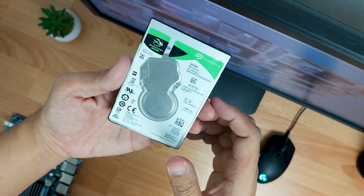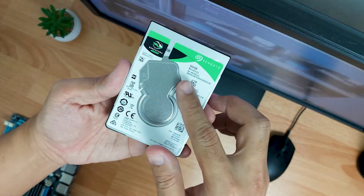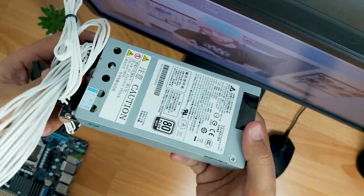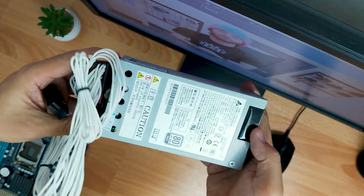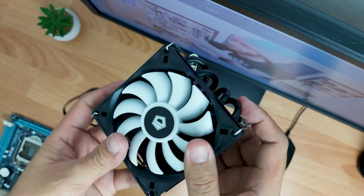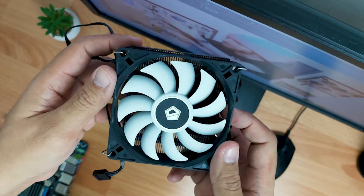For storage, I have a 2.5-inch 500GB Seagate Barracuda hard disk, but given a choice, I would definitely go for an SSD instead. For power supply and CPU cooler, it's definitely an overkill. I was doing some research on the Intel stock cooler with its clearance, but just decided